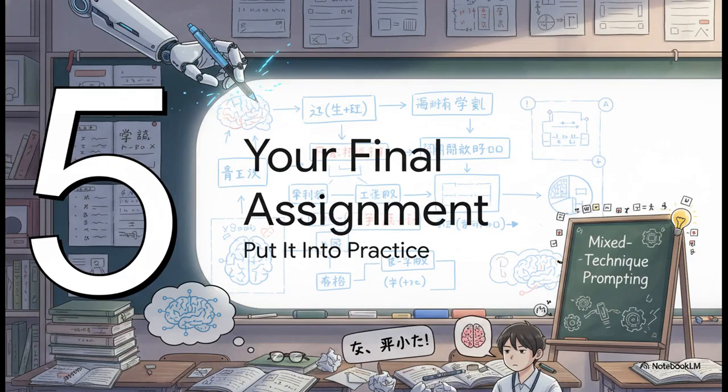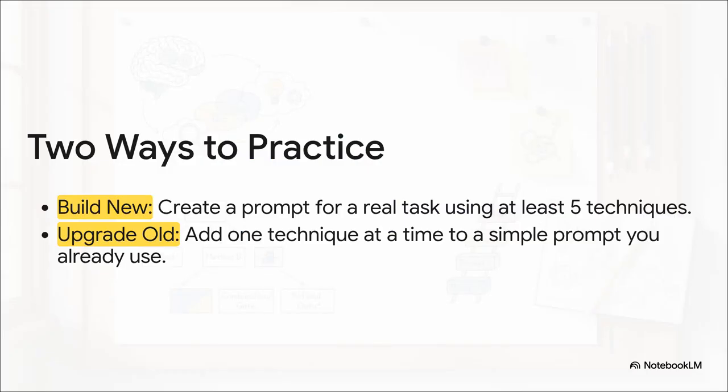You've seen the theory, you've seen the examples, and you know the pitfalls to avoid. So now it's your turn. The absolute best way to make this skill your own is to apply it right away. Here are two really easy ways to get started. First, take a real task from your actual to-do list and try to build a full mixed technique prompt for it. Or, second, take a simple prompt you already use and just see what happens when you add one new